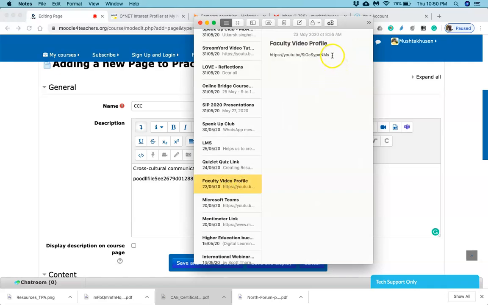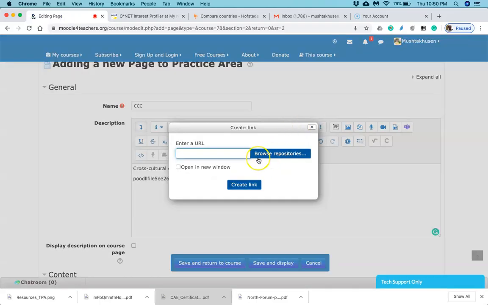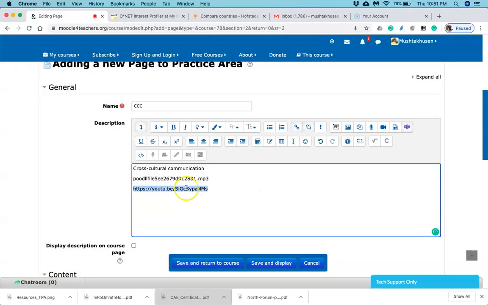Here I'm just adding my video profile. So I copy it, then go back to the editing page, then click on link and just enter a URL. So again this URL is created. This is how you can click on save and display.